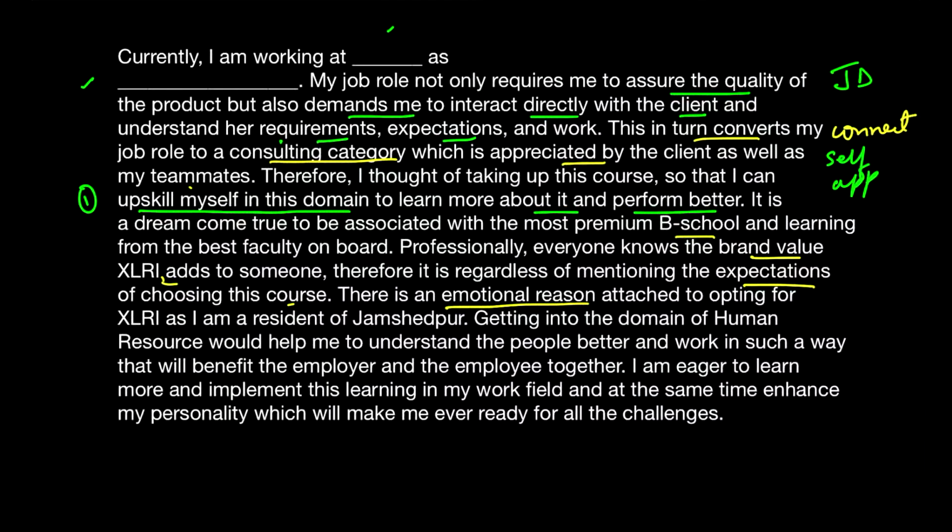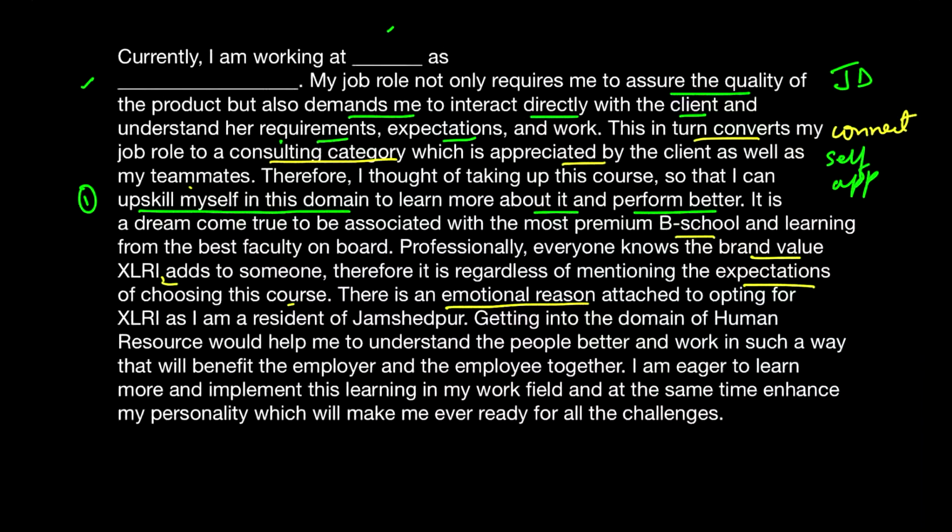Now I was able to do it because I'm a resident of Jamshedpur, and this is absolutely true because this was a point which was questioned in my PI round as well, that you really wrote that you have an emotional reason, what is that? And because it was true, this was my mom's dream actually, to be very honest, that she wanted to get into XLRI, but she did not have any formal training as of that she could get, and then she got married off, and after marriage and having a family, it's very, very difficult for women to fulfill their dreams. And so I have seen XLRI as a dream from her eyes, and therefore it's really an emotional connect, and that's true in all its ways.